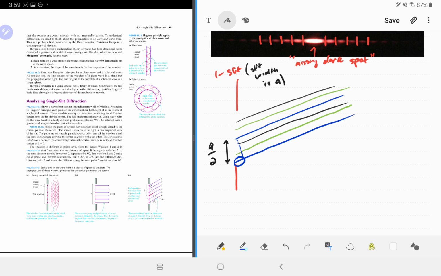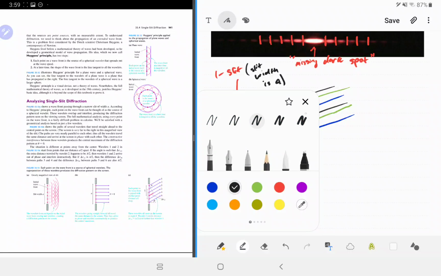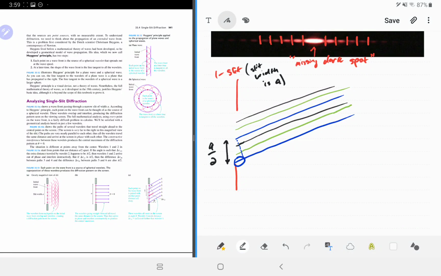Let's look at another pair though. Let's look at the 2 black lines. There was a black line right here and a black line right here, and it looks like there's also a path length difference right there. So actually for all of these pairs, and there are infinitely many such pairs that are a distance a over 2 apart, they have the same path length difference. So this is one key ingredient in this proof. For all pairs, and they're all a distance a over 2 apart, the path length difference is a over 2